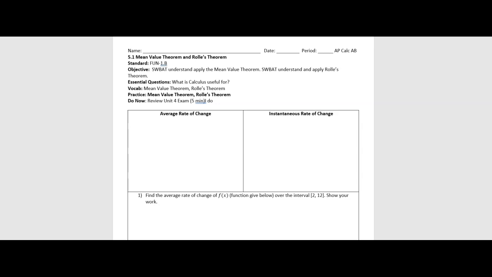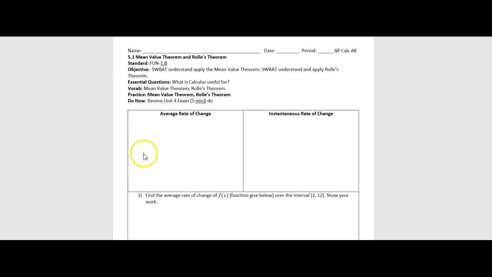Today's the start of a new unit, and with it comes two important theorems, the mean value theorem and Rolle's theorem. And you'll see later on that these are very closely related. One is more of a subcategory of one of the other theorems. And by the end of today, I want you to understand what the initial conditions are that are required to use each theorem, what the conclusions are for each theorem, and then be able to apply the theorem to a